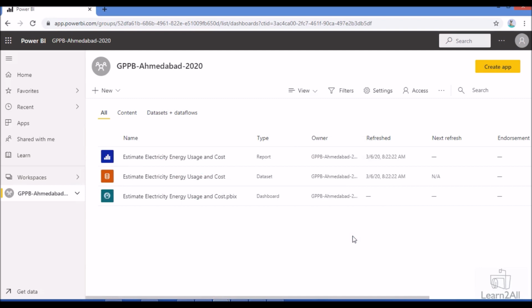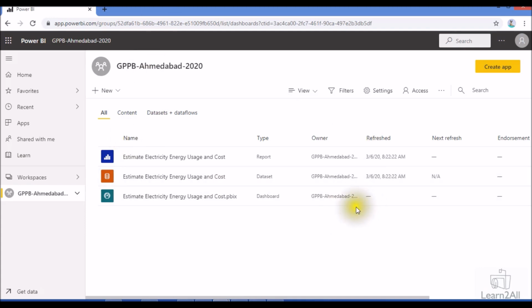Last year, during October 2019, Microsoft rolled out a feature to create a contact list for your Power BI reports and workspace. Now, the same feature is available for Power BI apps as well. So now, let me explain the step-by-step procedure to create a contact list for an app.